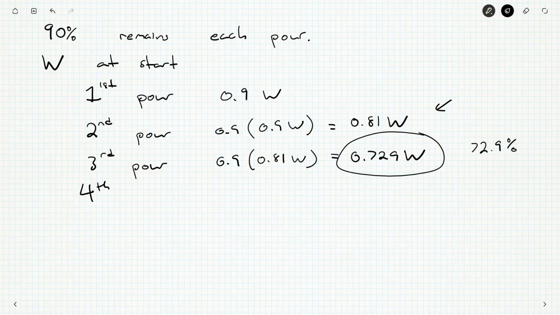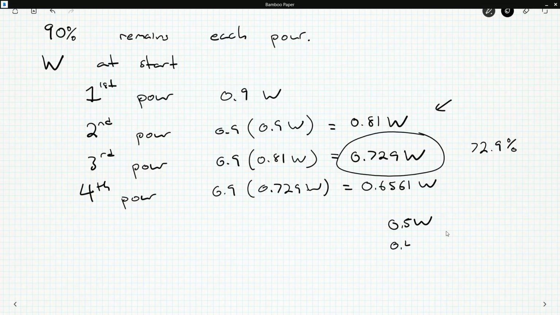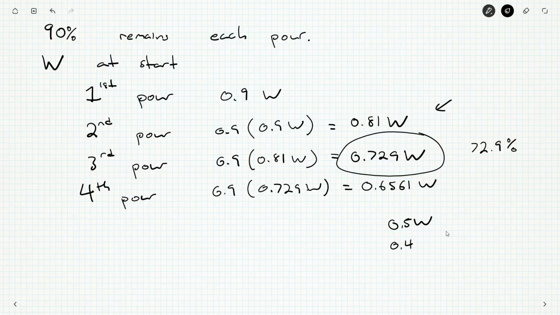So after the fourth pour, we get 0.9 times 0.729W, and that should be 0.6561W. And that's about 65%. So we're not there yet, but you can see we're getting closer and closer. If we hit 0.5W, that's good, but I believe we want less than half the water. So we're going to look for anything that's 0.4 something or 0.3 something. As soon as we do that, that's how many pours we need. Okay? Now I will need to get out my calculator for the next one. But after the fifth pour, and we're getting very close,